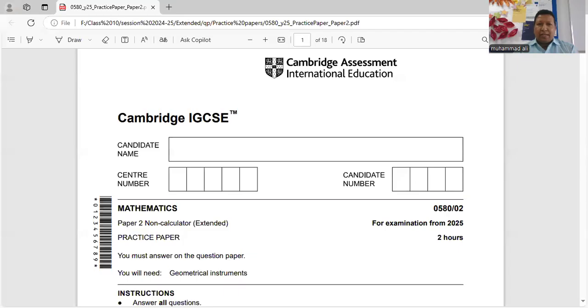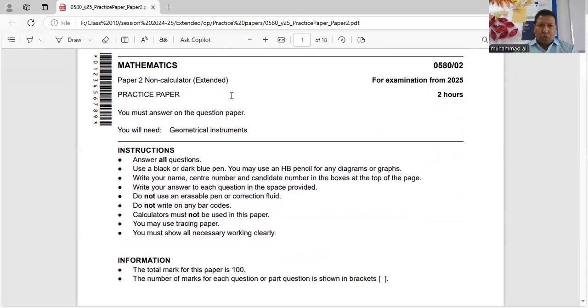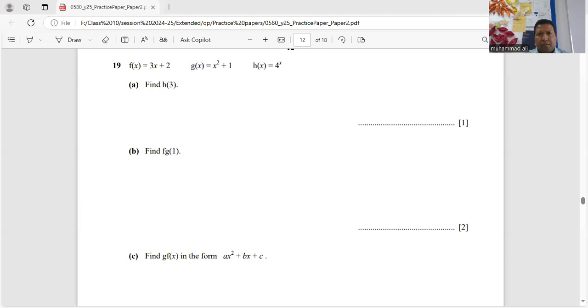Today we try to solve some questions from Cambridge IGCSE Mathematics Paper 2 Non-Calculator Extended 0580 Variant 2 for examination from 2025. This is a practice paper. We will start from question number